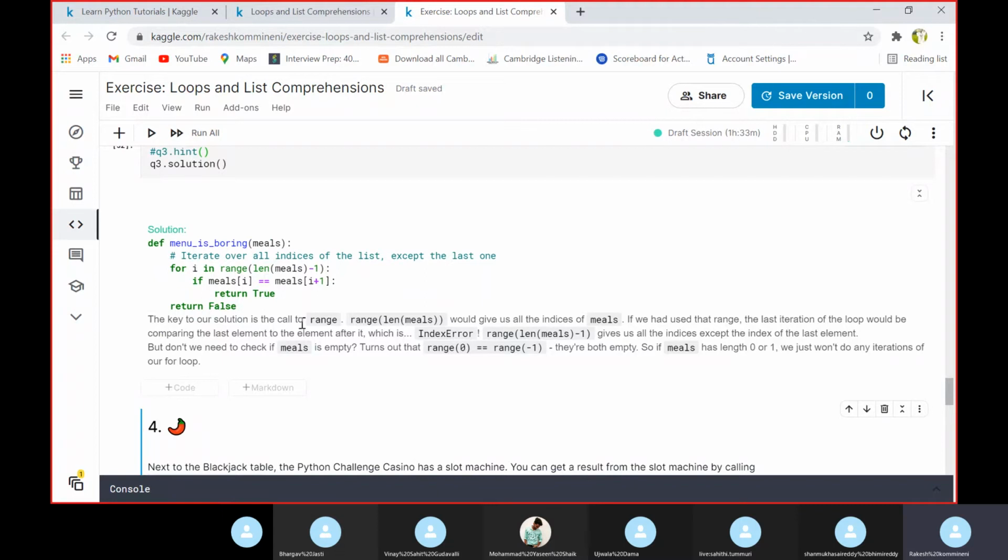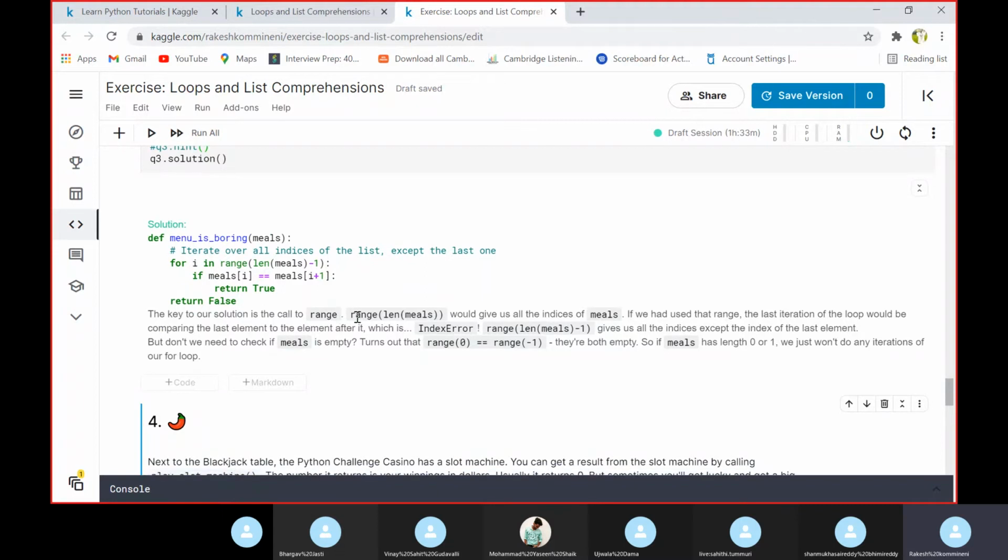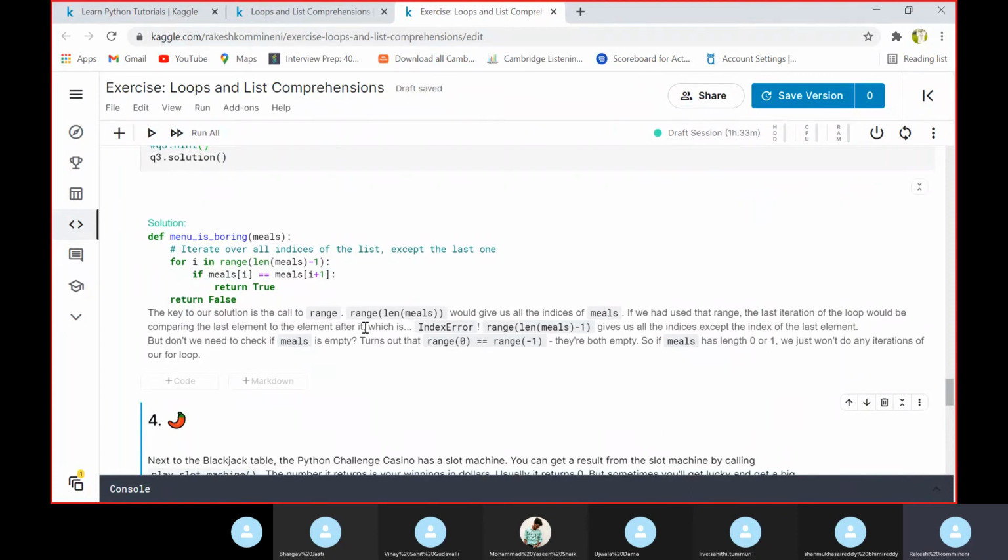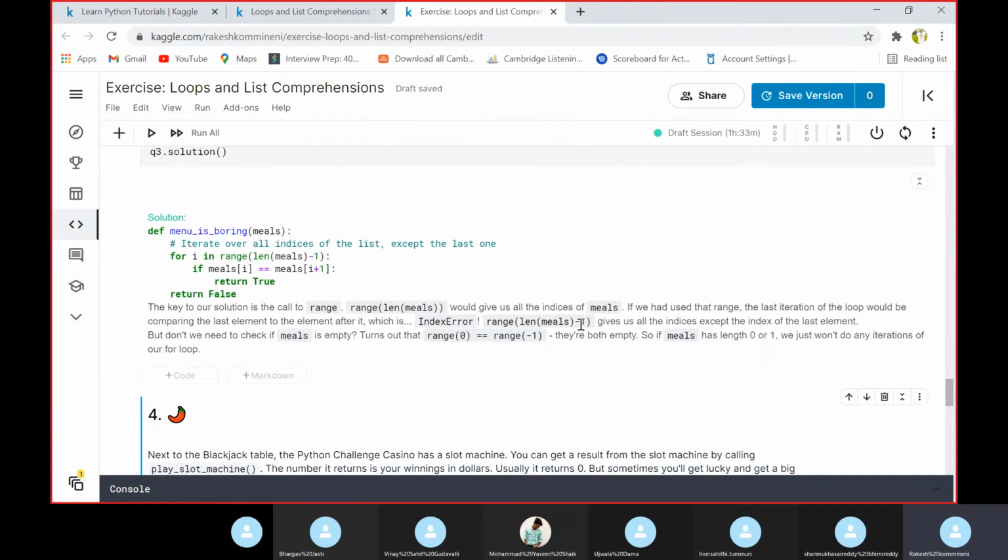The key to our solution is to call range. Range of length of meals would give us all indices of meals. If we had used that range, the last iteration of the loop would be comparing the last element of the list to the element after it, which is an index error.